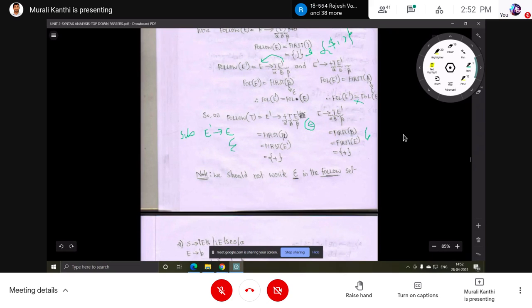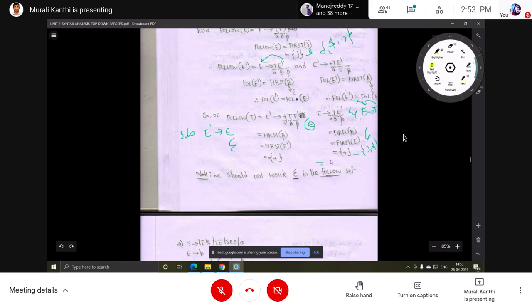Okay, so after substituting, what do we get here? We'll get one more, that is E implies T. So E implies T plus, we will get. Okay, so alpha B beta, alpha is epsilon, B is a T, beta is a epsilon. So nothing is there. In this case, follows of E will be added to the follows of T. So follows of E means already closing parenthesis and dollar. So those also will be added. Okay, so closing parenthesis and dollar.